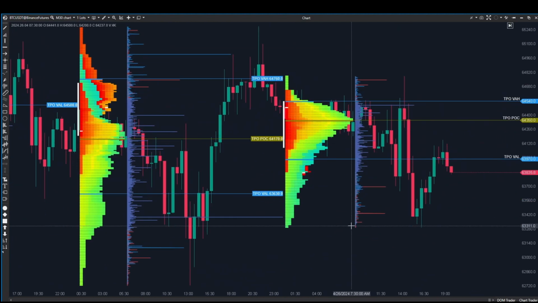And EXO, Quant Tower, there's plenty of other paid tools that you can use for TPO that have many other features for charting and your technical analysis, but we're just going to try and keep it simple and go to TradingView